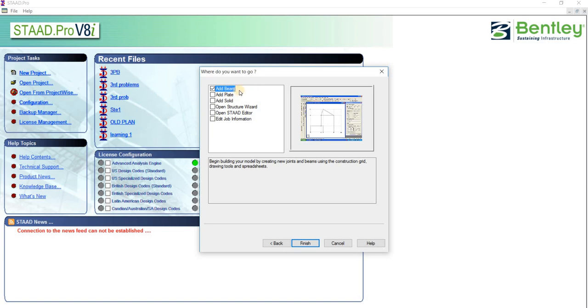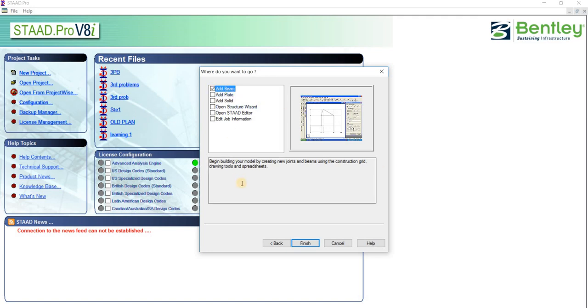Usually this beam is defined as members, and these plates are usually plates, and open structure wizard, these things are defined as elements. Also you can use this open structure wizard. But right now what I want is only add beam. So I will select this add beam.